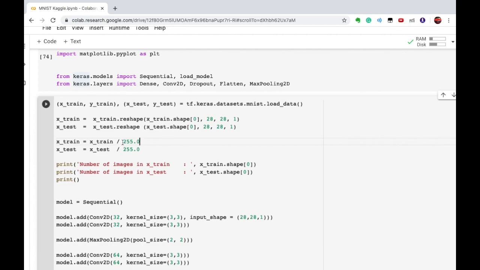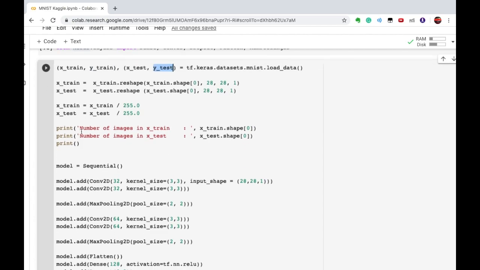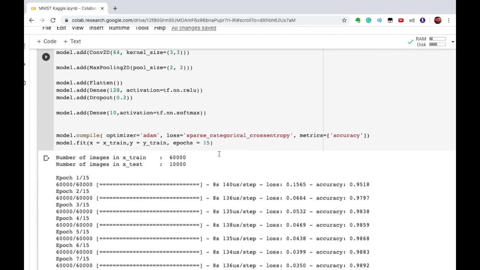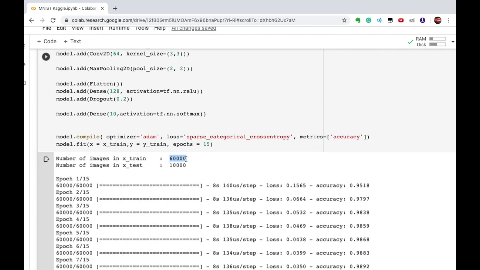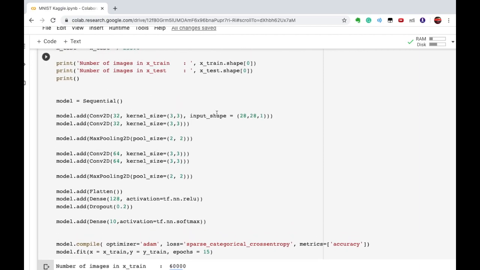To do so, we divide them by 255.0, where .0 means we'll get a floating point number. We do this for both the training and test sets, only for the images, not for the labels. Then I print the shape: 60,000 for training images, 10,000 for testing. After that we'll start making our model.